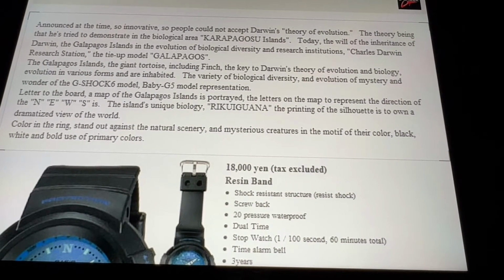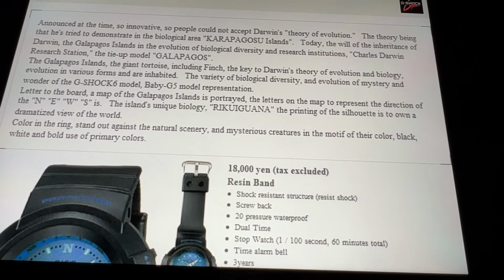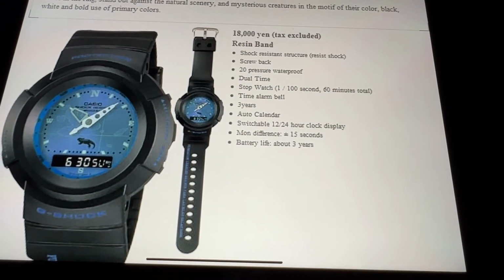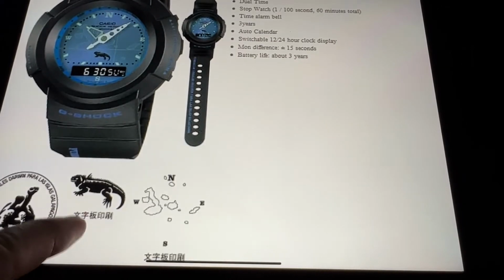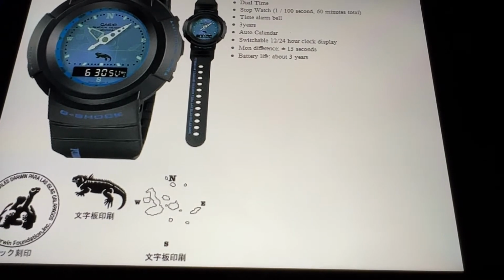And NEWS, of course, we know that stands for news and other things. And of course, you have the color variation design of the Charles Darwin model, stainless steel case screwback. And it has a lizard right there on the back of the watch, on the screwback. It's part of the Charles Darwin